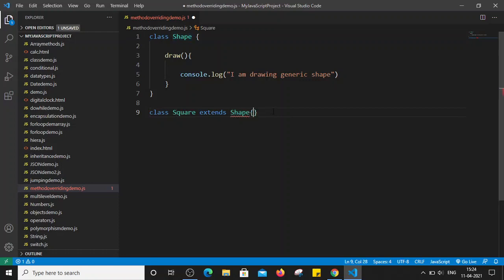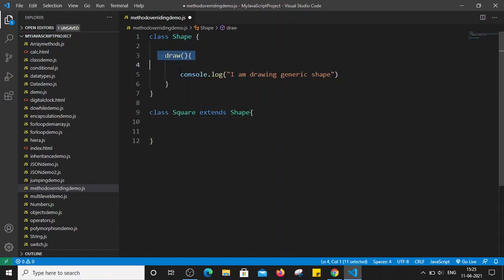That means the square class object can access the methods and properties of class shape as well. Now, for the square class I want to use the same draw method, but this draw method should not print the generic shape. So I want to change the implementation of the draw method in our child class, in our square class, which is the child of the shape class.